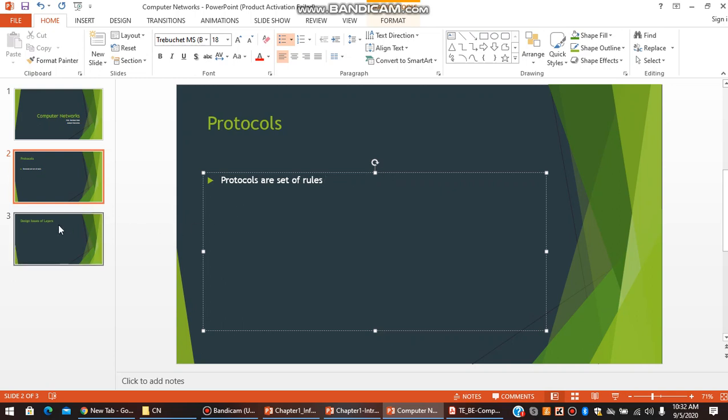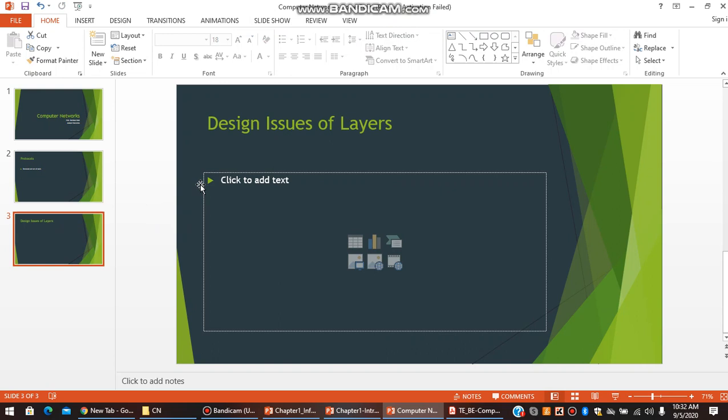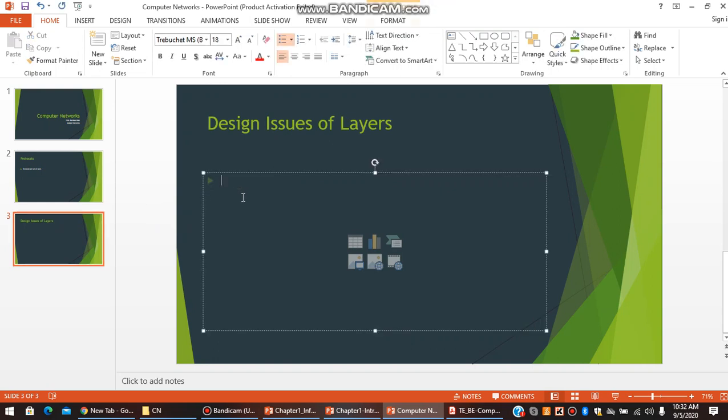Now actually comes the first important question from the exam point of view. Whenever we want to build a network, what are the various design issues which we come across, or what things we need to consider while designing? Okay, so let us start one by one. There are 7 to 8 we are going to discuss today. So the first one is